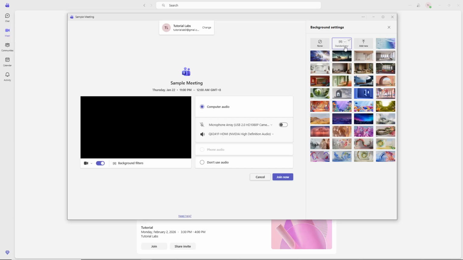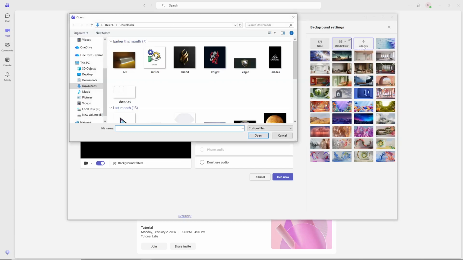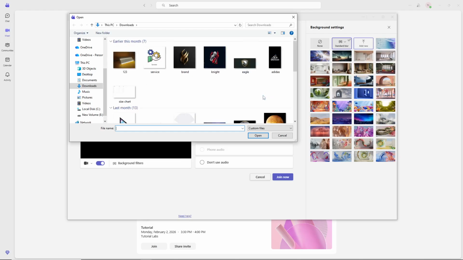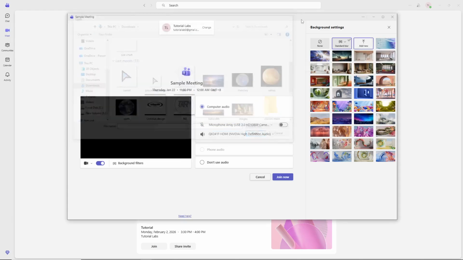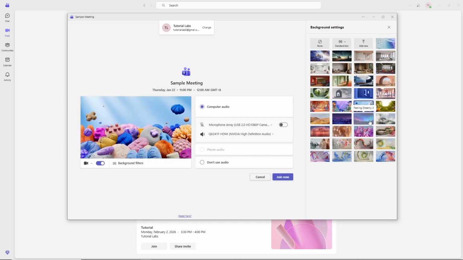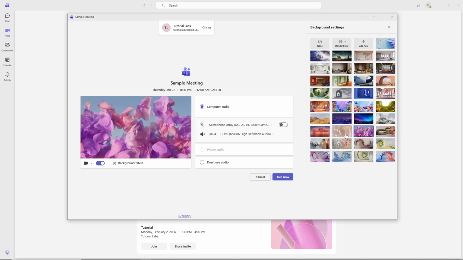You can also click Add New to add another background image. This option lets you upload your own custom images, which is great if you want to use your company logo, a branded background, or even a personal photo that suits the tone of your meeting. Simply browse your files and select the image you want to use, or you can select from the library of Microsoft Teams. You can click on any of these preloaded backgrounds to see a preview of how it will look